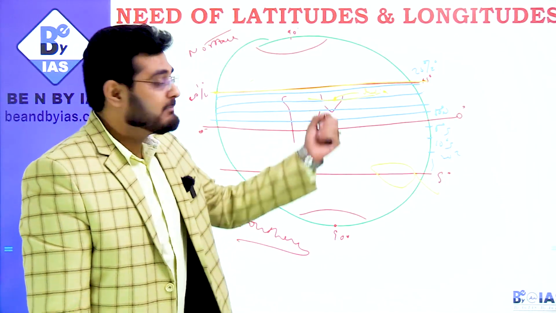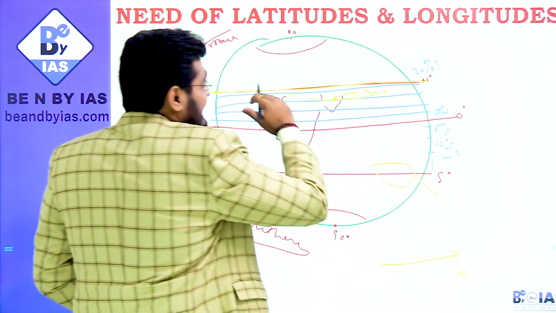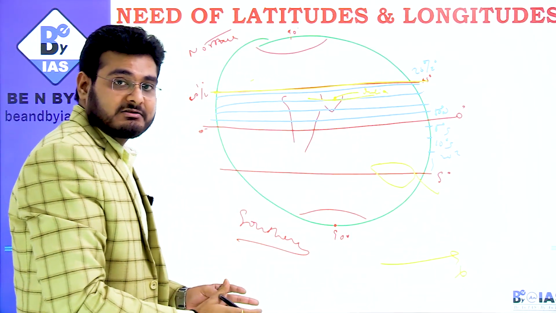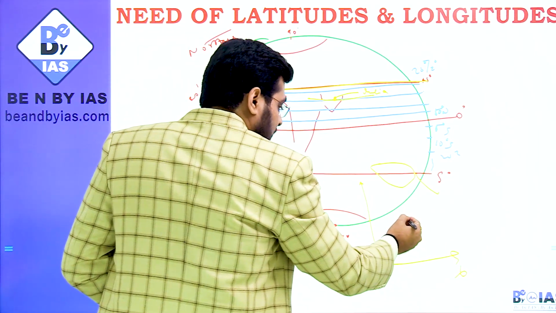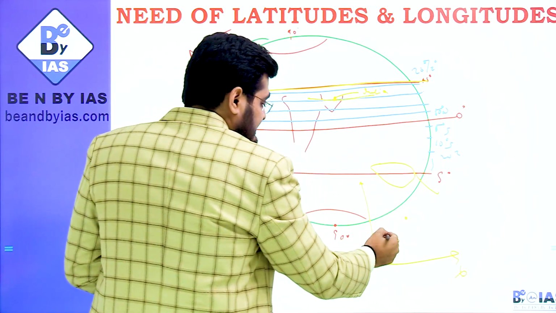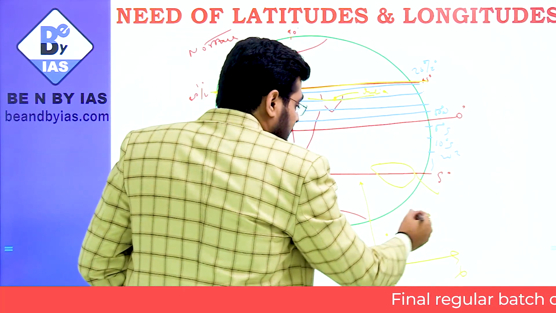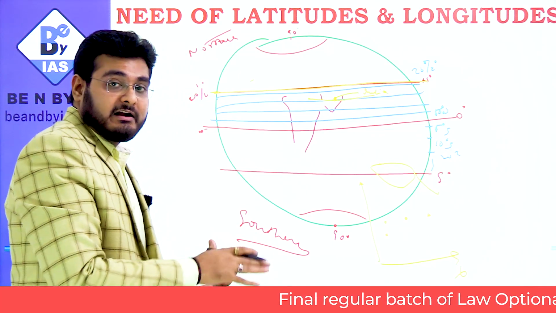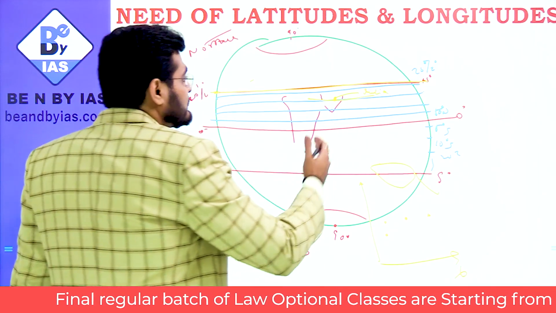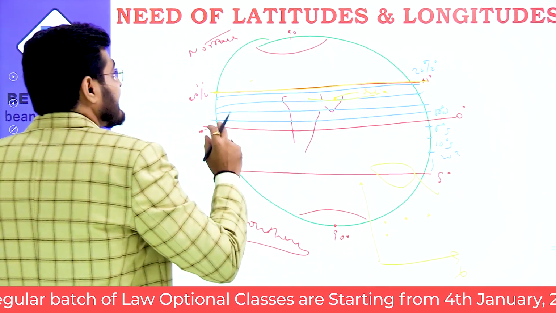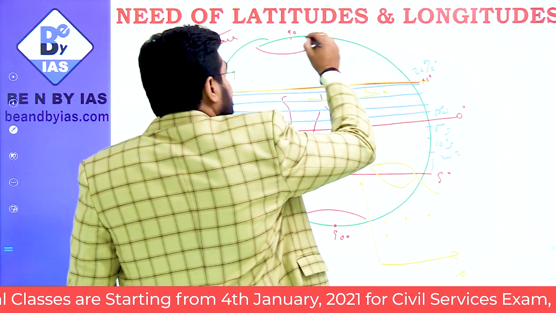But now how to locate the place? Because you have got the x-axis only. This is your x-axis. Latitudes give you information about the x-axis only. But if you want to point to some place or some coordinates in this region, if you want to know the value of this coordinate, or this one or this one, so to find a location on a 2D space, that is your land. So how to do that? Latitudes are not sufficient. For that you need the longitudes as well.